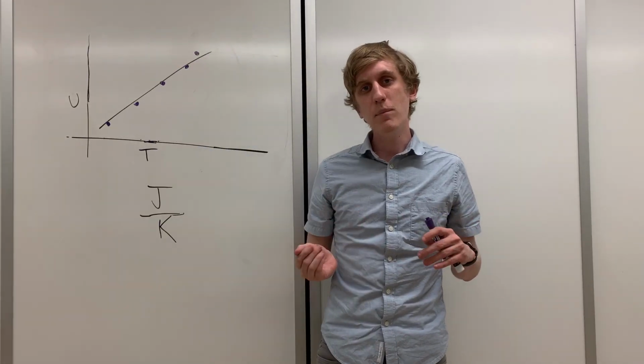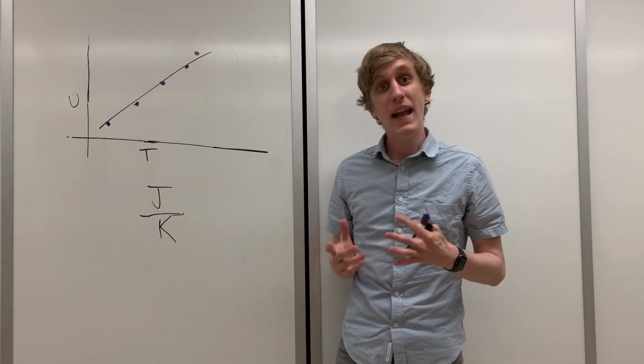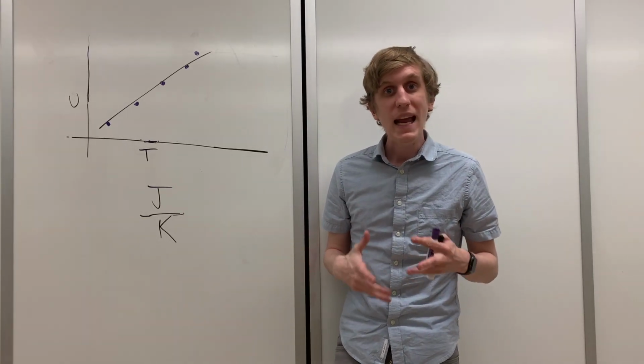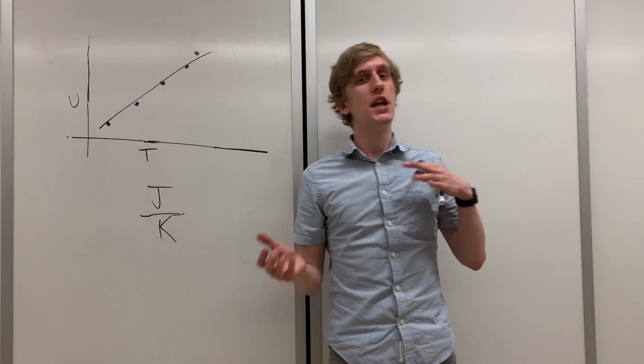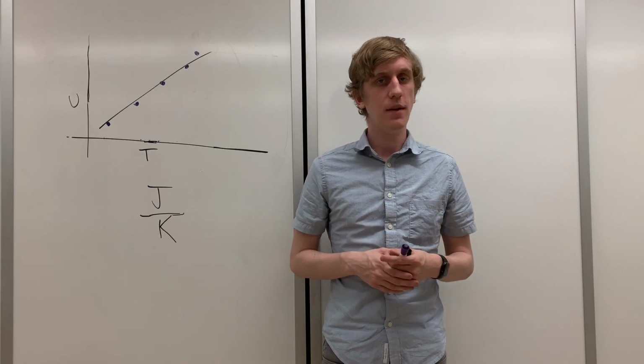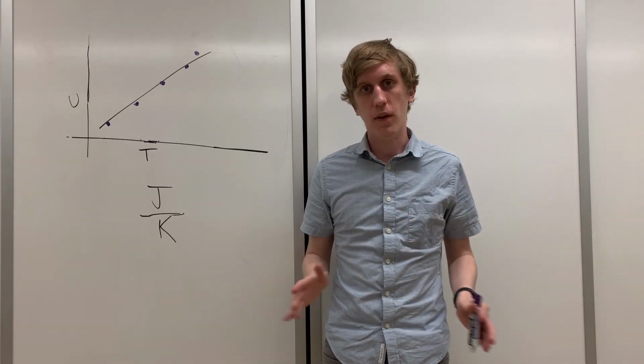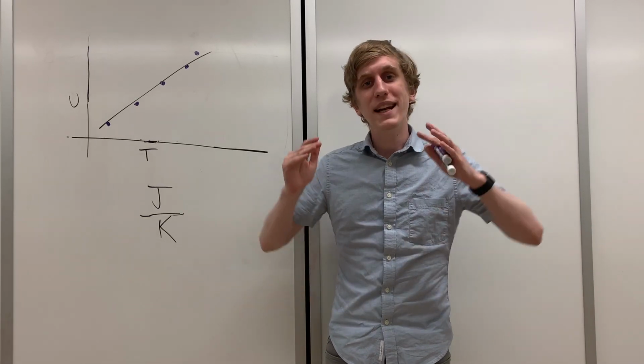But what's another number that we know of that has units of joules divided by Kelvin? The answer is heat capacity. Heat capacity tells us how much energy we have to add in order to change the temperature of the substance by 1 degree Kelvin. Thermodynamics is super useful in a ton of different areas, so we're going to continue studying it next time